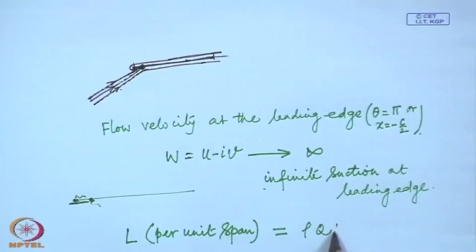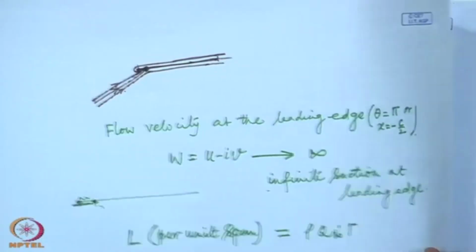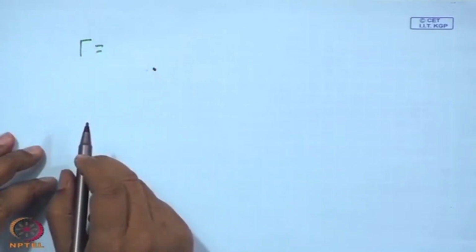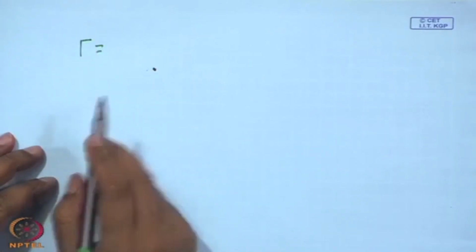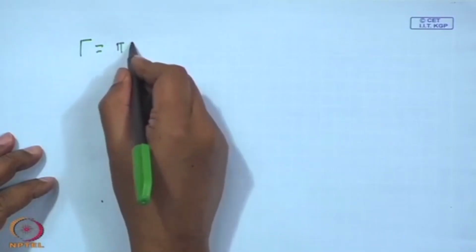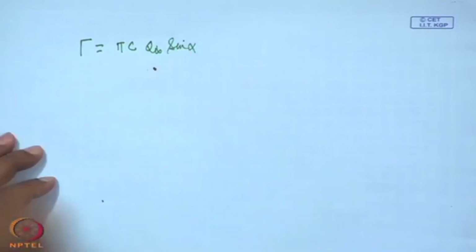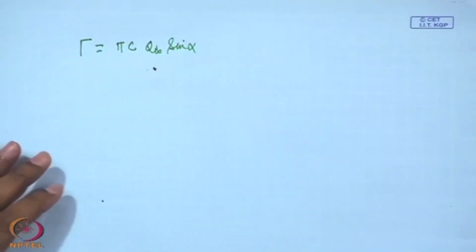For the flat plate, okay, let us write it at this stage and then first calculate circulation. How much is the circulation? Yes, pi c q infinity sin alpha. Okay. So, the lift force you can straight away write